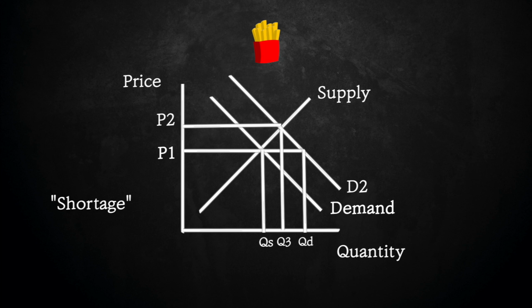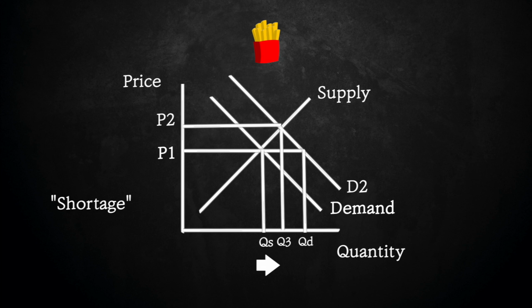Remember, this change in supply isn't a shift, it's a movement along the supply curve because it's a change in quantity supplied due to a price factor. Again, refer to the previous video if you still do not understand this concept. And now that factories earn more money per bag of chips, they gain more motivation to produce chips. This is when QS increases to Q3.